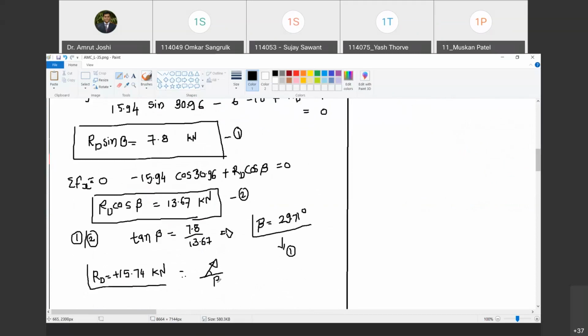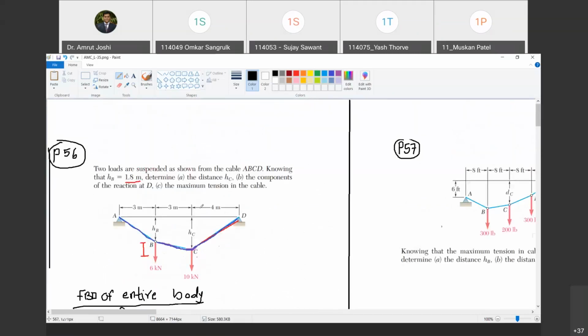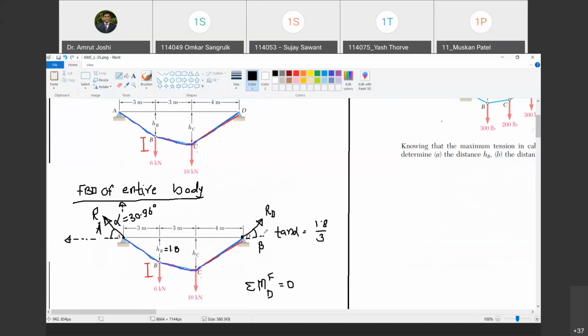Happy? Yes, sir. So, dekho, the first aim was to calculate both the reactions, though it is not asked in the problem. In the problem, you have been asked to calculate the reaction at D. Are you with me? So have we calculated the reaction at D? Yes, but we have also calculated the reaction at A as well. Happy? Yes, sir. Unless we calculate the reaction at A, it will be difficult to get the reaction at D. So what we have done necessarily is applying equations of equilibrium to the entire cable, the free body diagram of the entire cable first. Do you agree with me?